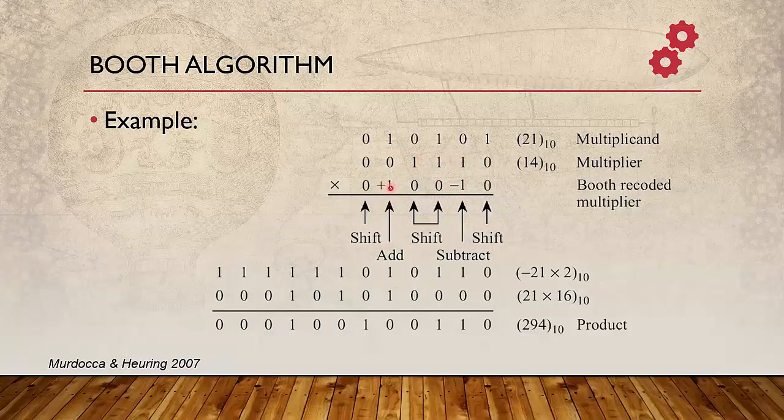We do addition at positive 1, we do subtraction at negative 1, which is actually equivalent to adding the 2's complement negative of the multiplicand. So in this case, we only do one subtraction and one addition. Subtraction is the addition of negative 21 in 2's complement format, and addition with 21 is just a normal addition with 21, but of course we align the addition and the subtraction, and then we should get the answer.